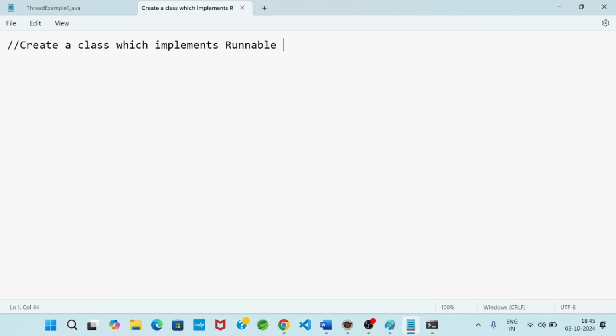If you see the extends keyword, that is representing inheritance. The implements keyword is representing interface. So Runnable is a built-in interface. That means we can say a thread is an implementation class.